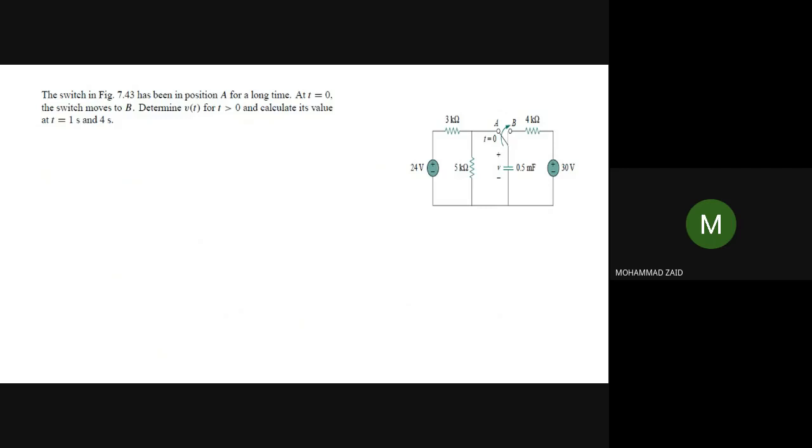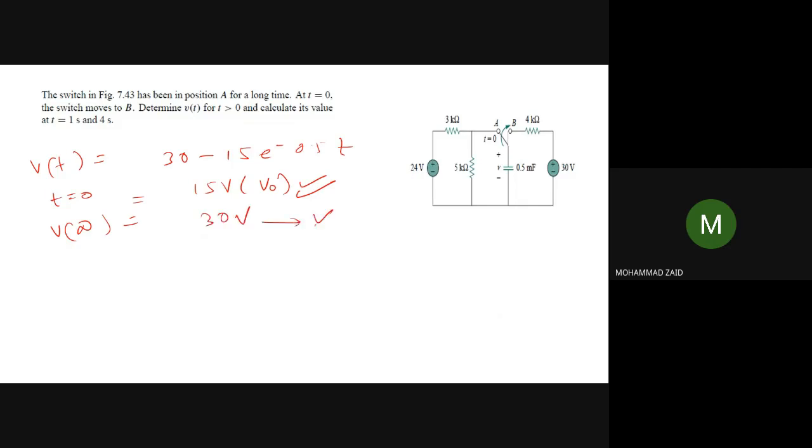So the complete expression here is Vt is equal to 30 minus 15 e to the power minus 0.5 t. As you can see, at t is equal to 0, what is the voltage? Voltage is 15 volt, so that is equal to V naught. Correct. This is already correct. And what is V infinity? V infinity will be 30 volt.